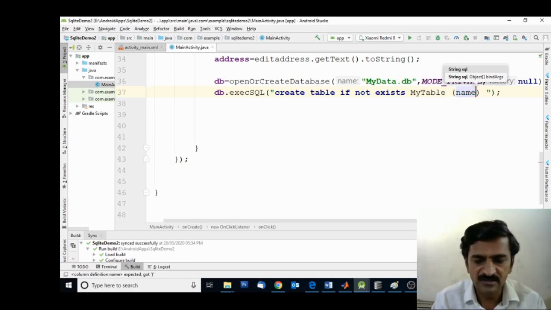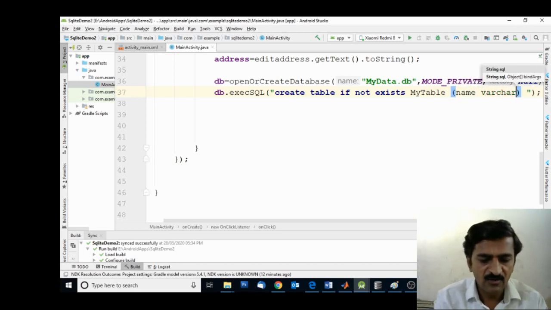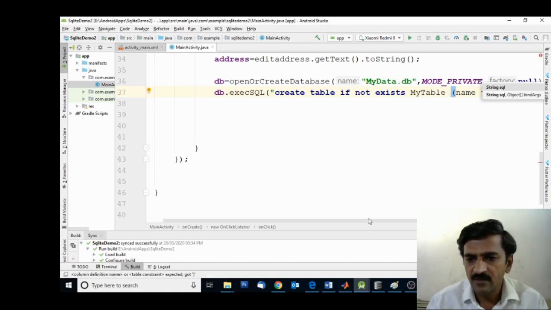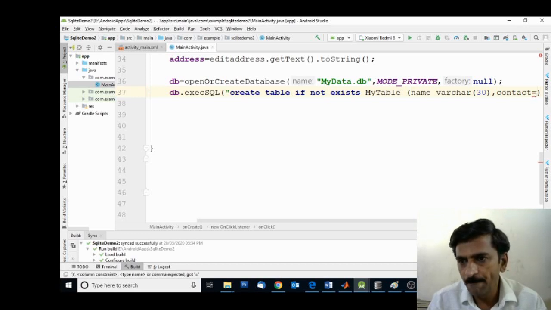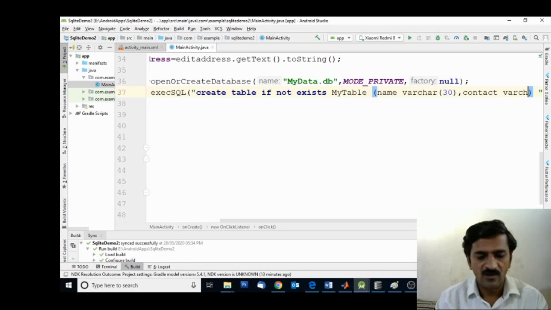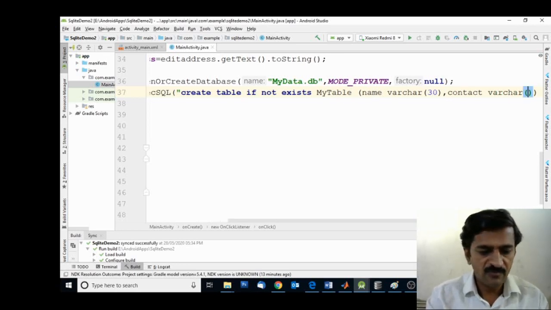First column we require is name, and the data type is varchar of 20, or you can specify 30 as per your requirement. Then contact, varchar of 30.